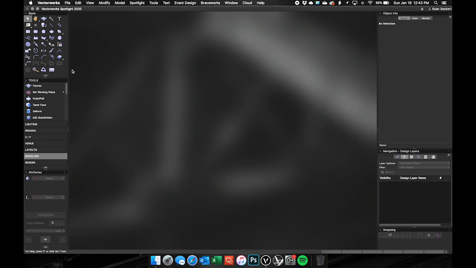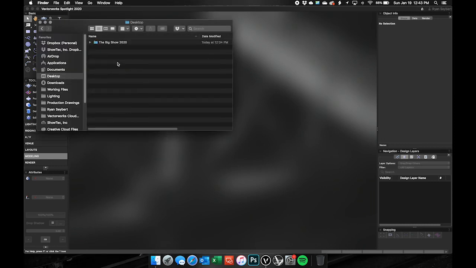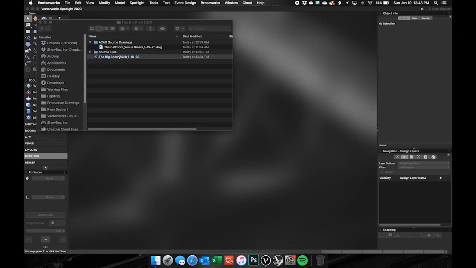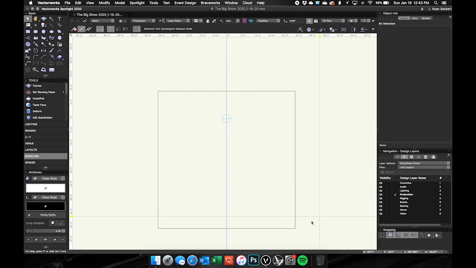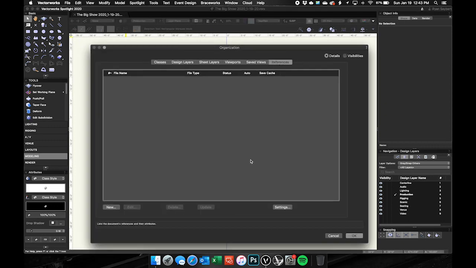So now we're going to open your master file, which right here we have. I have some basic stuff going on here, nothing too special. The next step to get your Shuttle file into your master file is not importing it, you're simply referencing it. And the best way to go about that is to open up your Organization window, click on the References tab, click on New,